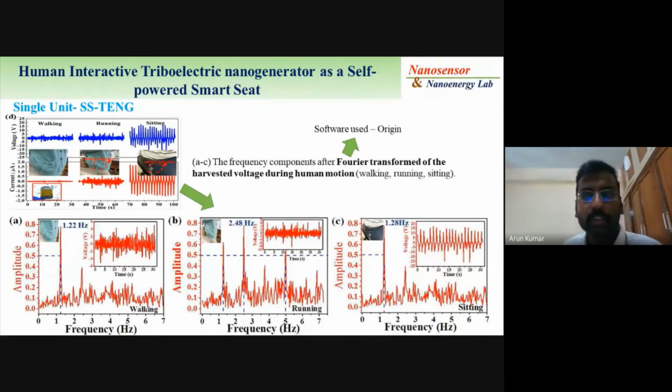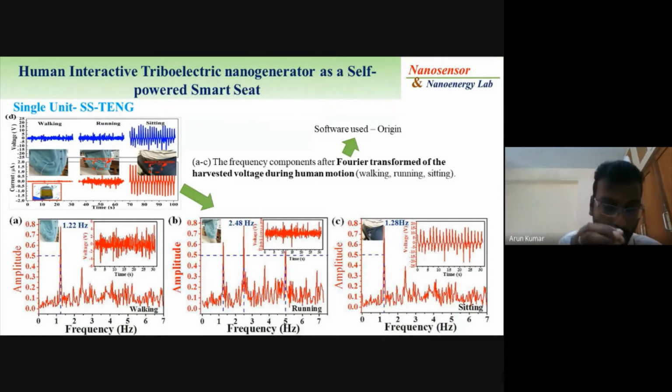In Origin, you can interpret this data, and if you do the Fourier transform, it gives you the frequency of the data, whatever process you do. So by using this simple voltage or current signal, we can understand the frequency or motion of that particular patient or the person doing the demonstration. This helps a lot in the medical and biomedical field. You can identify the frequency, motion, and how fast he is moving, everything, using just this device. For this, we used an electrometer.